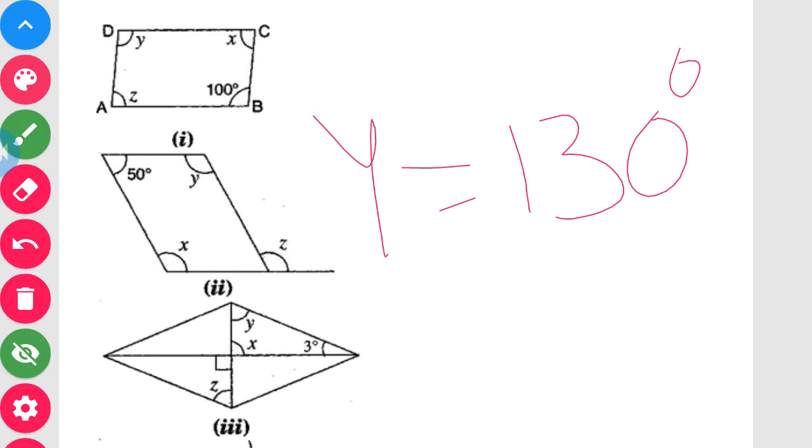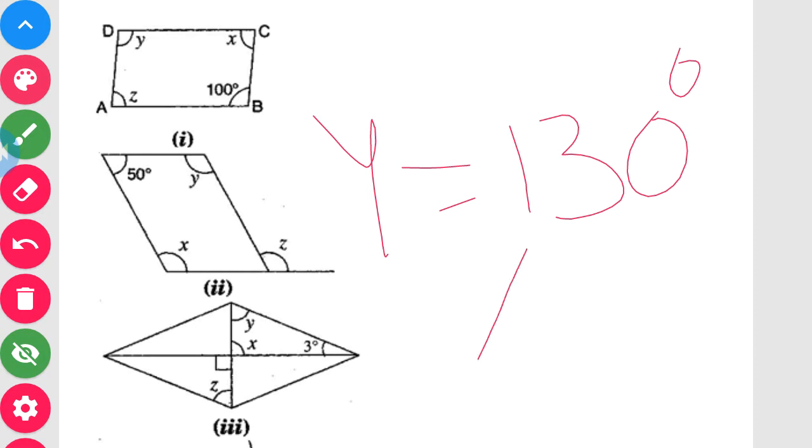So I want you all to write, when you write that x is equal to z, why it is equal. If I write x is equal to z, we have to state that corresponding angles are always equal. And when I write x is equal to y, the reason is that the property of the parallelogram states that opposite angles are equal. This is how we are going to solve the sum.